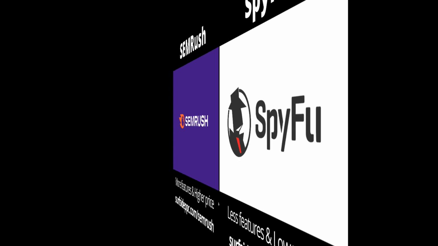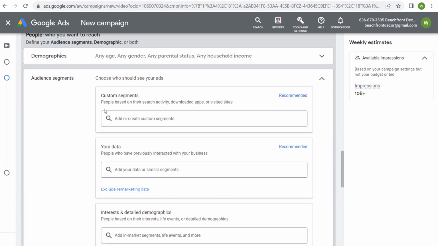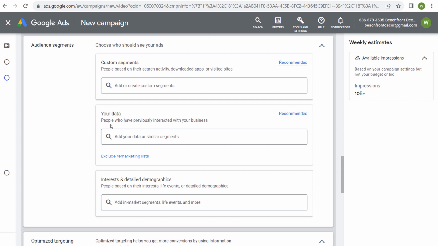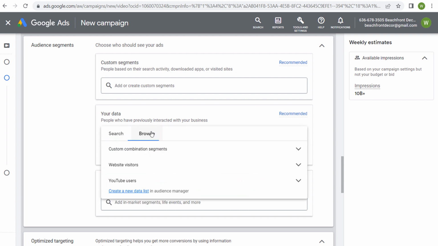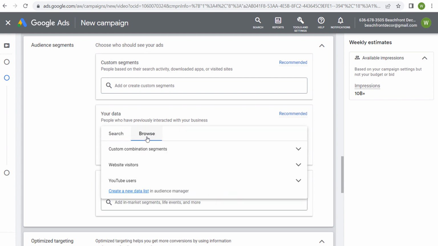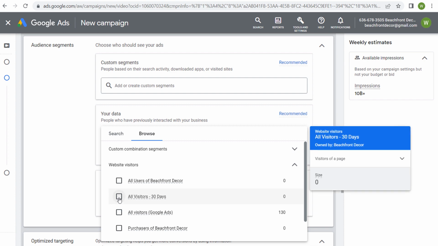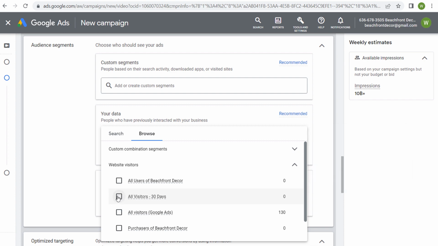Back to the video. And we come into our audience segments. So you're going to see the best possible results by using your data here. So make sure you're using your data and any of the similar segments you can use as well, but I would recommend using those for non-remarketing campaigns. So for your data, come to browse. If you go to website visitors, you'll see some of these different audiences that we've created. So I could do all visitors of my website over the last 30 days, and that's who's going to see